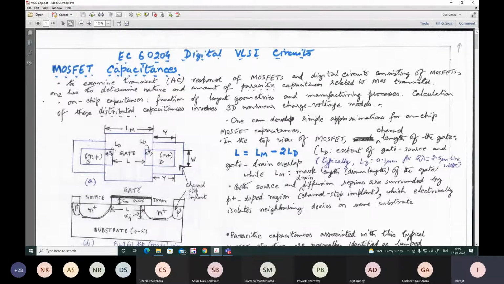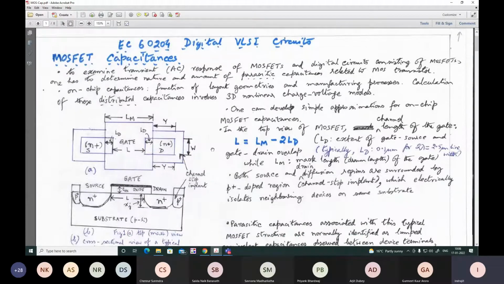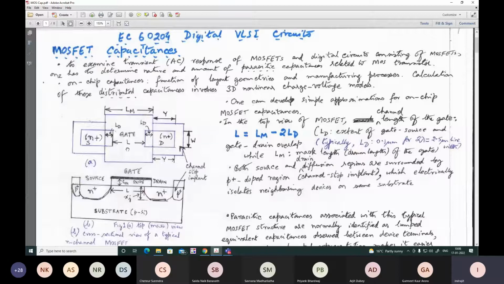Also, regarding the manufacturing processes, we'll mostly take them to be manufactured by step or abrupt grading. But in general, it may involve linear grading or other kinds of grading. So as you see, it will be clear. For the timing, if you take a top view of the MOSFET transistors, here is the total mask, the original mask length that is measured for the gate material, Lm.